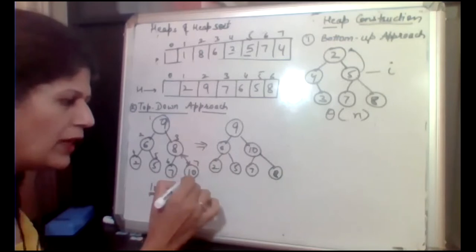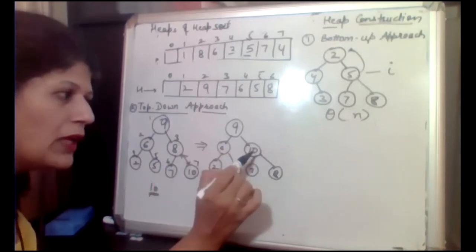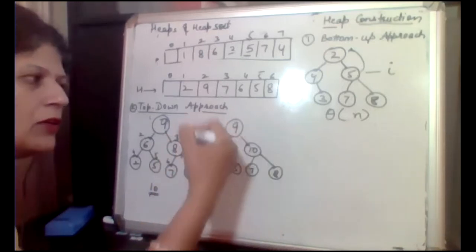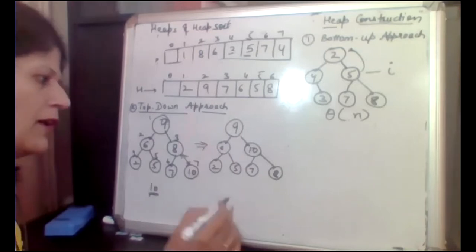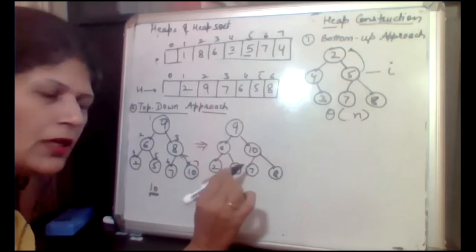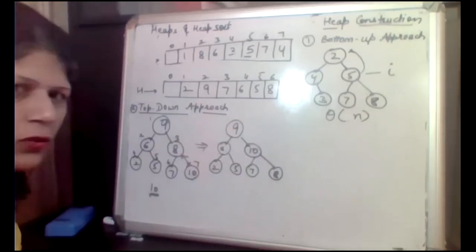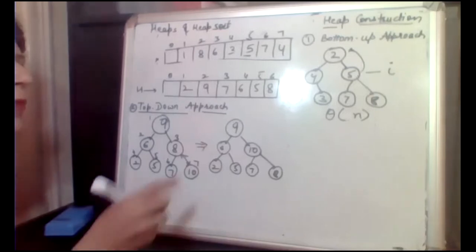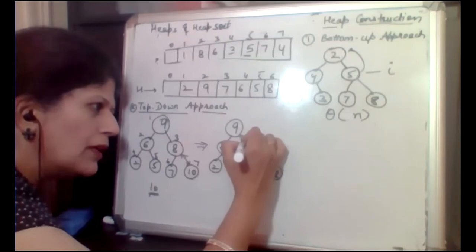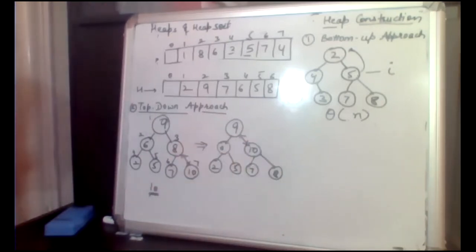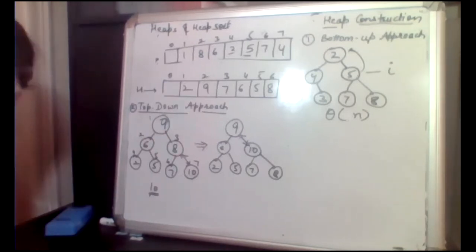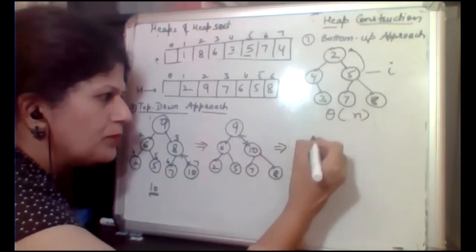When 10 has reached here, we will keep on iterating, or recursively doing the same thing. That means checking the node value with its parent node, and we will only stop if we have reached either the root of the heap or the parent node value is greater. Right now here also we compare it with the parent node. The parent node value is smaller, so we swap the values again. So this will result in